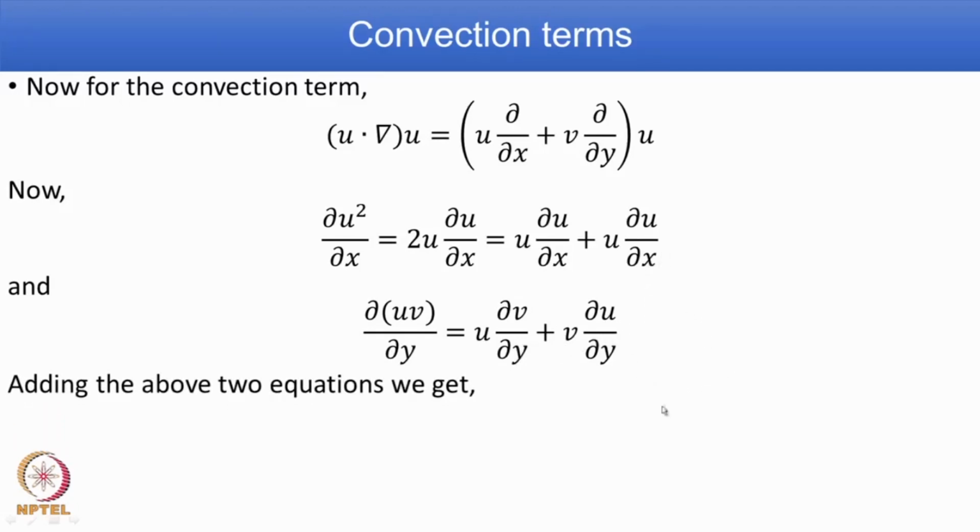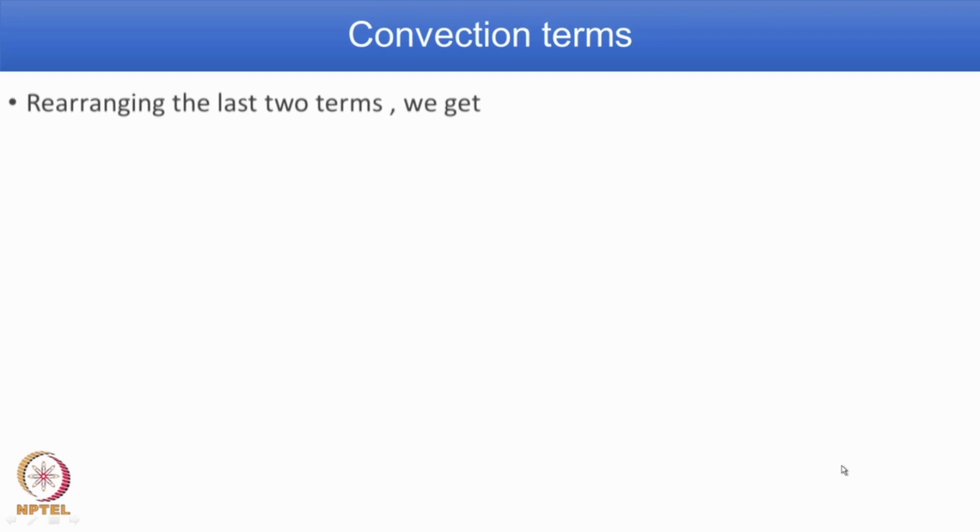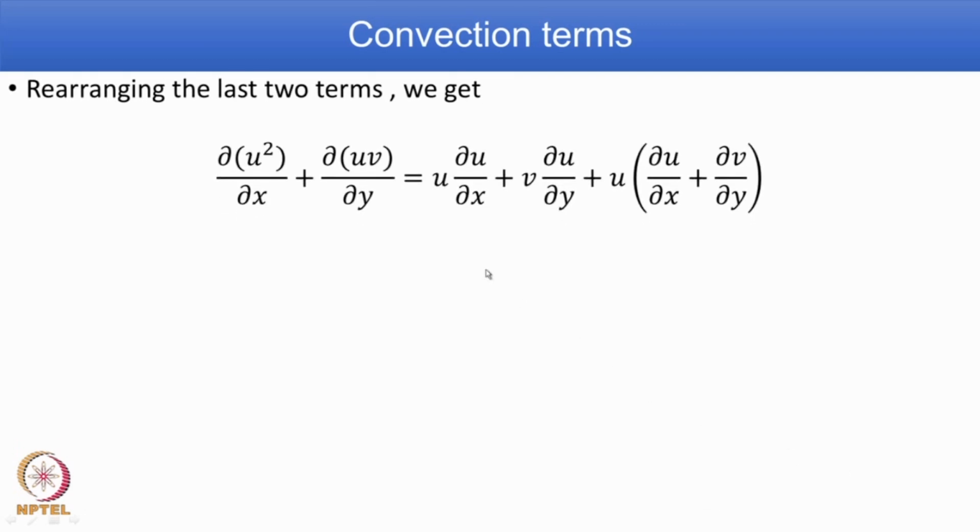If you put these two together, then we get dou by dou x of u squared plus dou by dou y of u v equal to u into dou u by dou x plus v into dou u by dou y plus u into dou u by dou x plus u into dou v by dou y. So, we have one u into dou u by dou x and one v into dou u by dou y grouped separately as shown here. We rewrite that equation again as shown here,